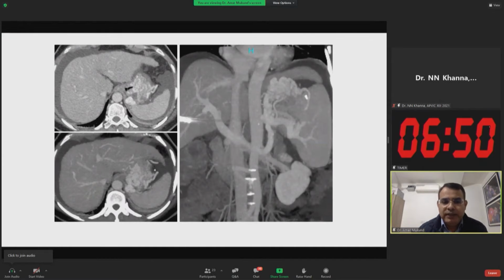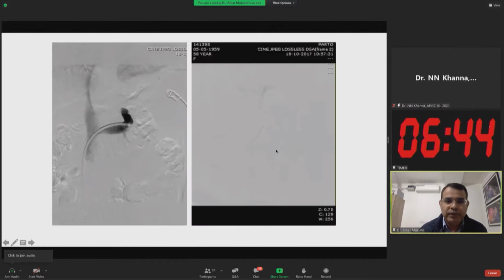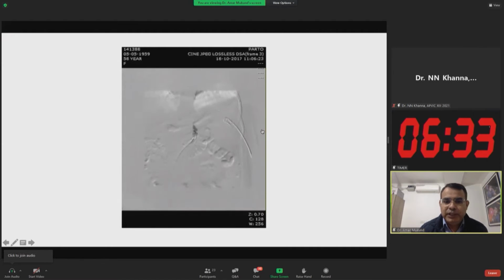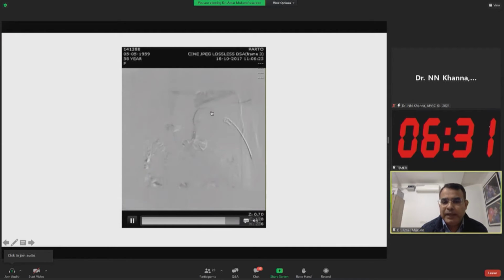In one of the cases here, we can see a large gastric varix protruding into the gastric lumen, and this is the shunt. This is how it forms. We went through the femoral vein into the renal vein, cannulated, and you can see we are inside it and our sheath is inside it. After placing a sheath, we place a vascular plug, and we see how the contrast is going. Now we know that despite placing a plug, the contrast is moving through the plug. It just acts like a sieve. It is not closing the shunt.